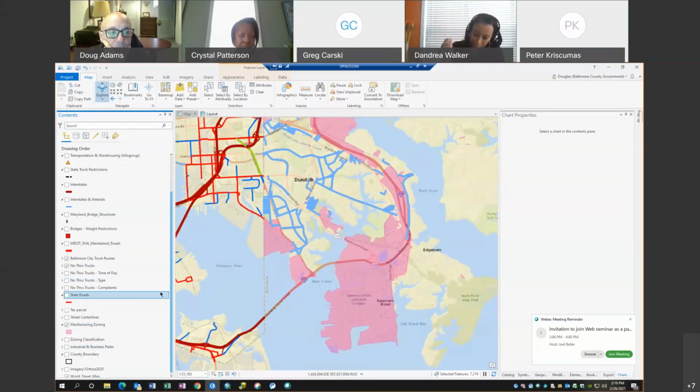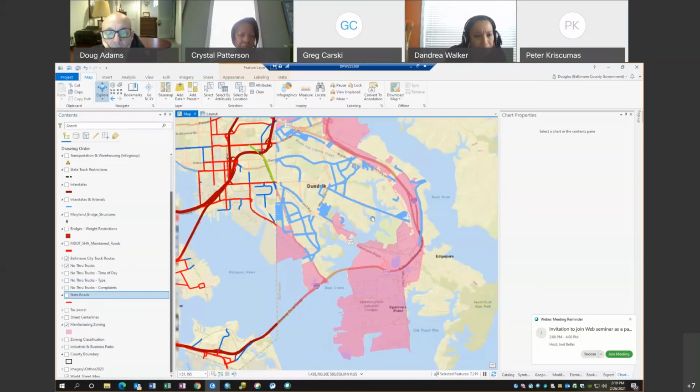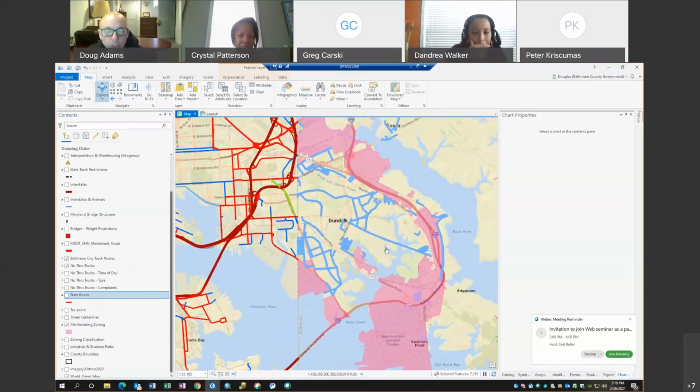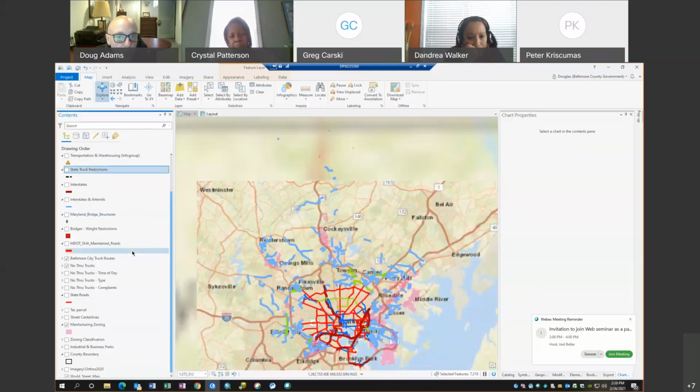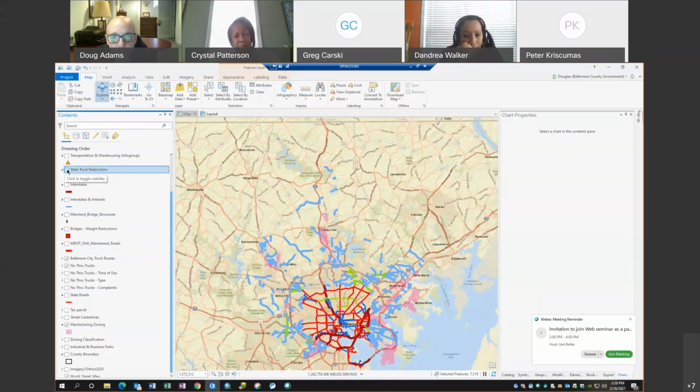And then I've also got this data layer ready to rock and roll for us for state roads. So I guess one question I had, and I don't know if this is more of a Lewis and an Armand question or the whole group, but one of the things that I mapped, if I go back to the beginning here, were the state truck restrictions, and you can see they're coming in with this black dotted line, so to speak.